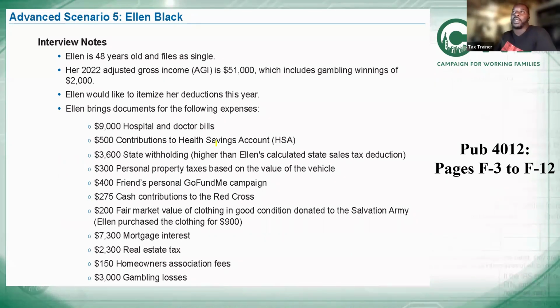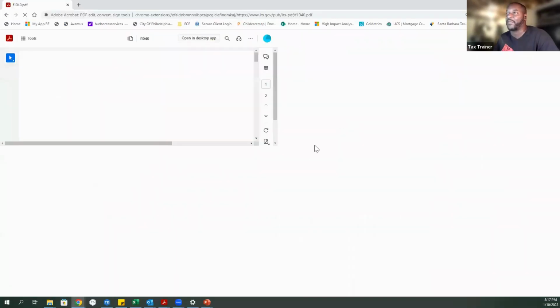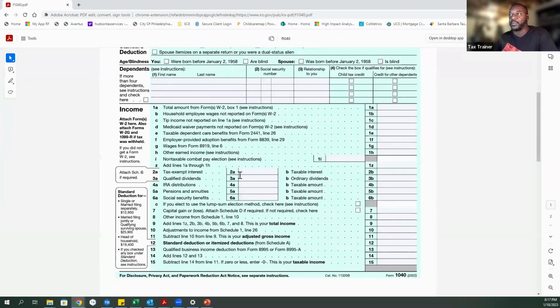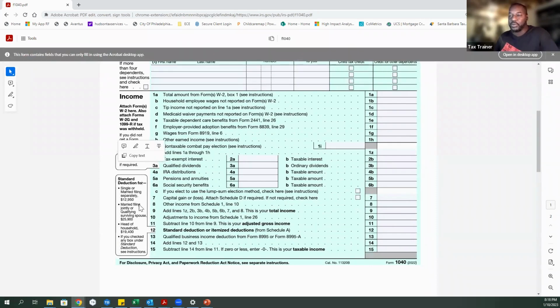All right, so here we're talking about itemization. So what is itemization? Let me go back to my 1040 form real quick. When you do your taxes, you get what's called a standard deduction. A standard deduction is a fixed dollar amount based off of your filing status that reduces your income. So over here, where it says standard deduction, if I'm single, my standard deduction is